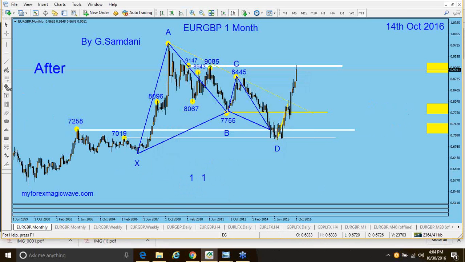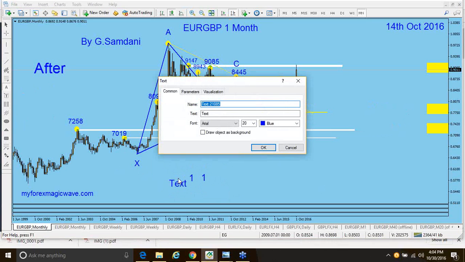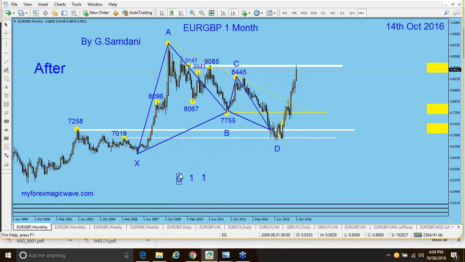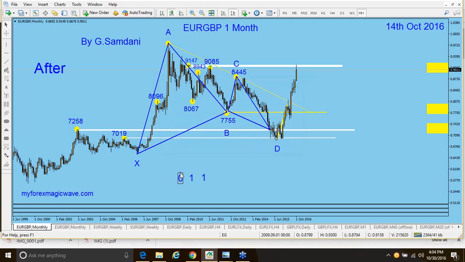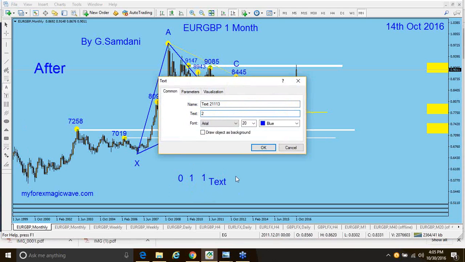Let me put the 0 here as well. So the first number you have is starting from 0. The series starts from 0. Is it 0 or O? I probably made an O, huh? No, it is 0. So 0, 1. Then you add 0 and 1, and the next following number in the series is 1. Now add the last two numbers, 1 and 1, and the next number in the series would be 2,